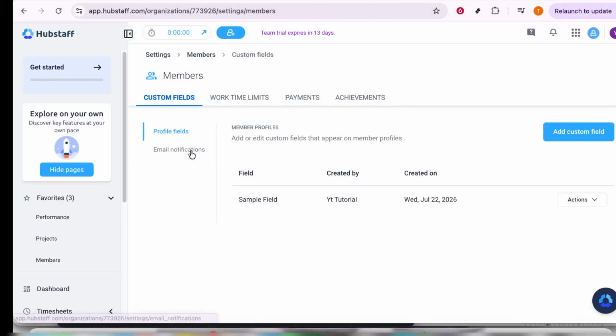This simple addition can vastly enhance how your team interacts with the Hubstaff platform, leading to more tailored data management and reporting capabilities that cater to your organization's unique needs. Remember, customizing your workspace can significantly affect